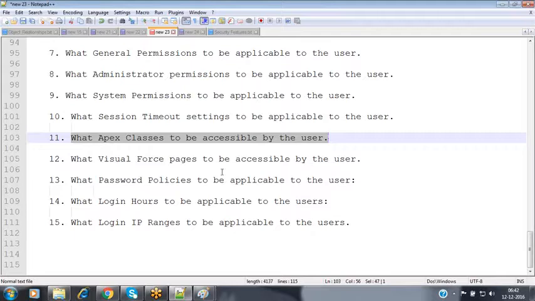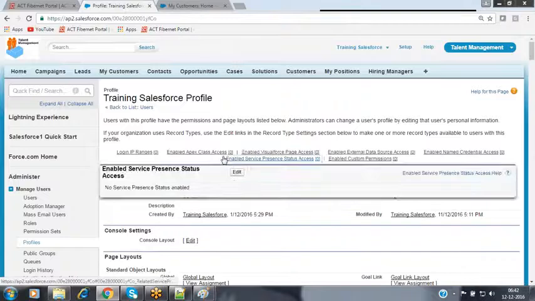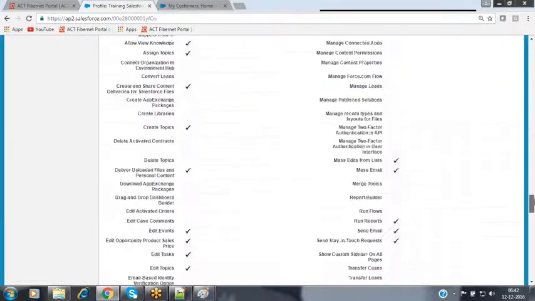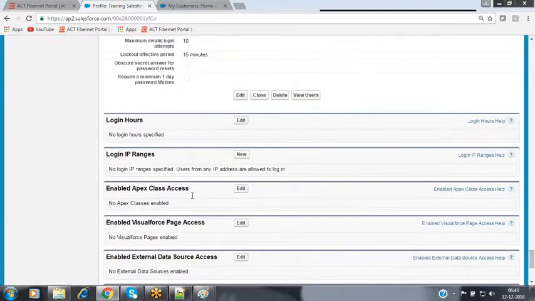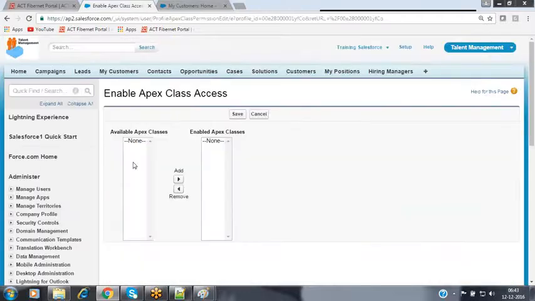When you go to the user's profile, you will have the last options: Enabled Apex Classes, meaning which Apex classes you would like to grant access to this user. If there are any Apex classes available, we can select them by clicking the Edit button. When you click it, all the available Apex classes are populated here, and from that we can select the Apex classes.